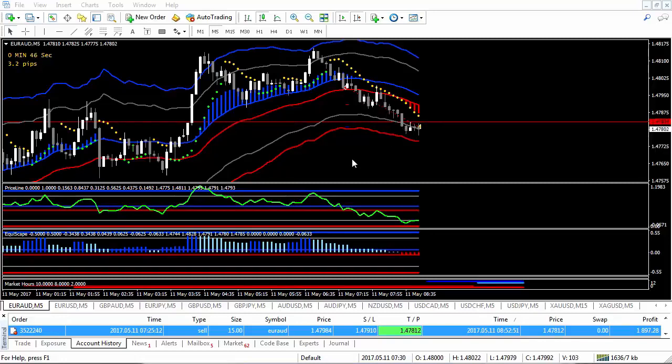Now, this was an equilibrium short trade. It turned out really nice. We waited and we got our profit on this one. Again,